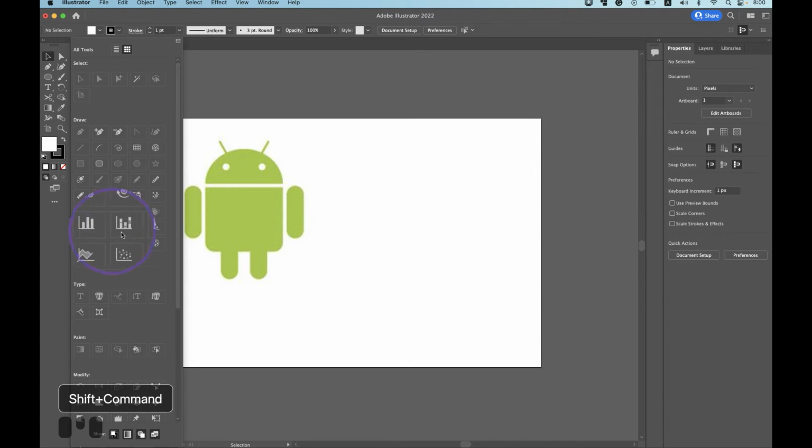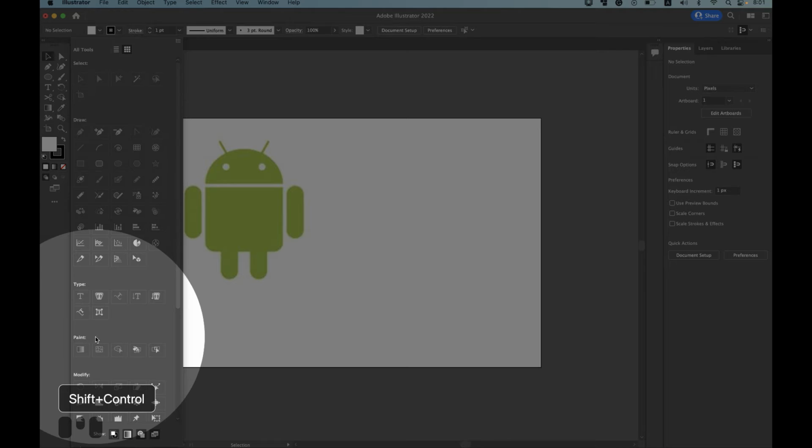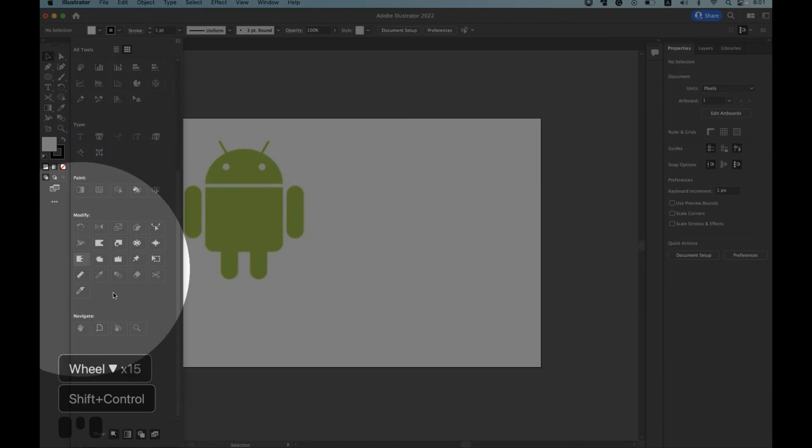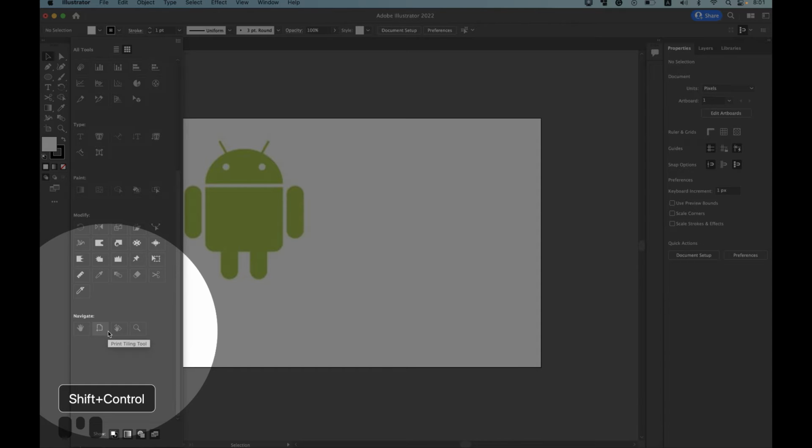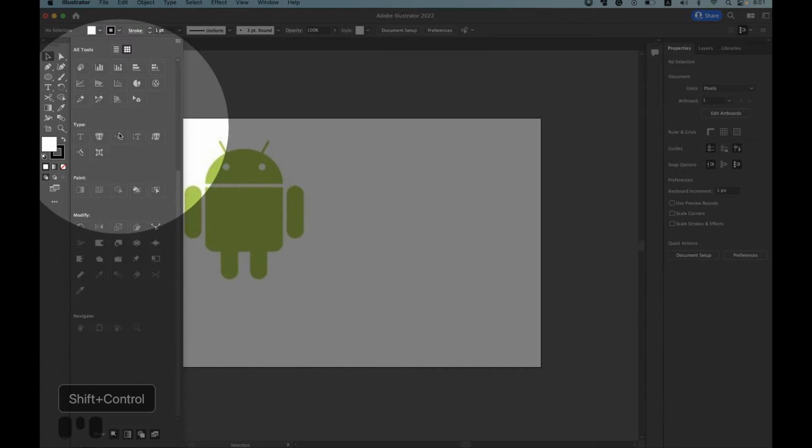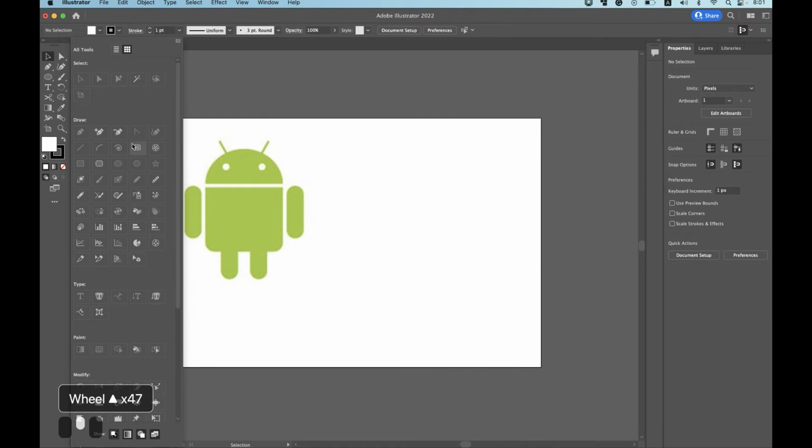Here we've got a block with graphs, and we can draw even in perspective. And of course type tools, paint tools, and a special modifying block. And navigation, that we already know how to pan across the canvas and zoom in and zoom out. And we're gonna learn all these tools step by step in this course.